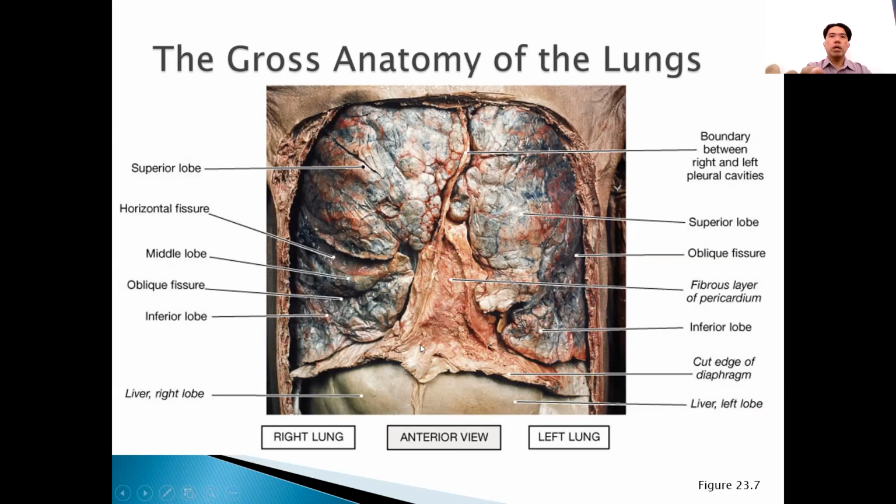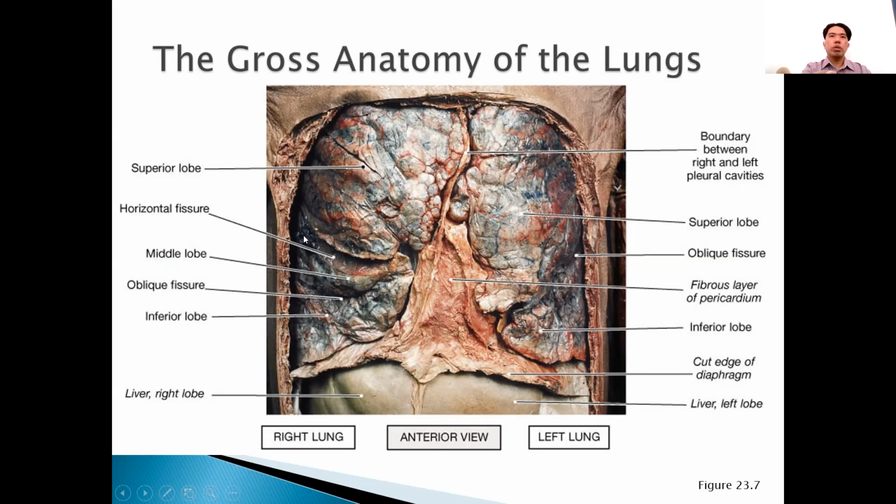So you see the central structure. This is obviously the heart, which is covered by the visceral and fibrinous layer of pericardium. You would see here technically the thymus. The neck would be here. You have your right and your left extremity, and you have the diaphragm here and your liver, which occupies a big portion of the abdomen. So you see here the right lung,